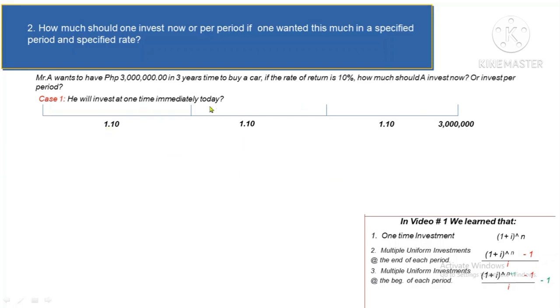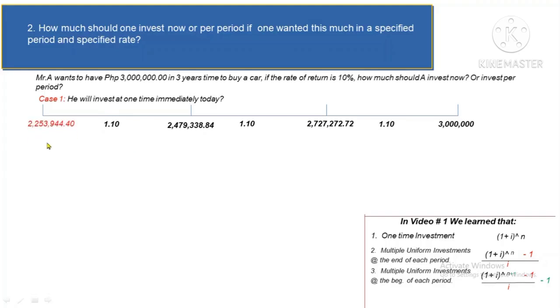In this particular case, since we are going to start here, the opposite of what we've learned in the past, instead of multiplying, we are going to divide 3 million by 1.10, and we're going to get 2,727,272.72. This amount will then be again divided by 1.10 and we're going to get 2,479,338.84, and lastly, we are going to divide it by the last 1.10, that gives